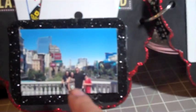Okay, so my second page is a picture of my family, and that's the Las Vegas Strip. And in here, sorry, I have a queen and an ace, but behind it are pictures. I think this was in the Caesar's Palace. Let me put this down here. The first picture is, I was trying to get them to jump, and this is their jump shot. It wasn't as successful as I thought, but it's cute anyways. So I put those behind